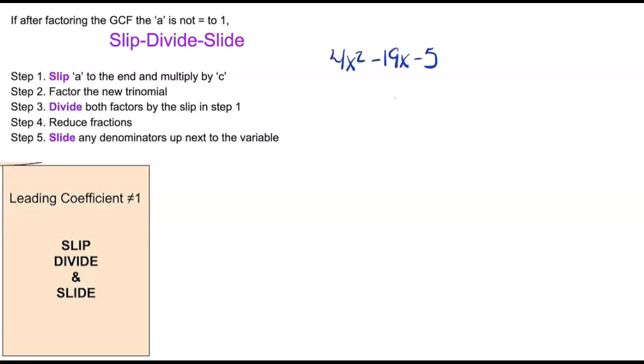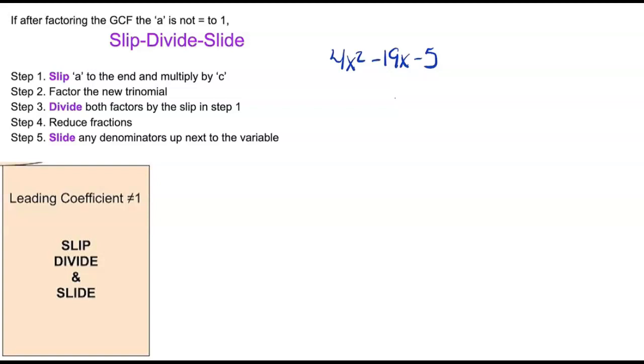Start with this trinomial. I have 4x squared minus 19x minus 5. The first thing I'd want to do is use GCF if at all possible, but I'm looking at a 4, a 19, and a 5. That's not going to have a factor that I can bring out to the front. Therefore, I'm looking at the first term, x squared, and the coefficient is 4, which is definitely not a 1. And I need to figure out how I can use this 4 to figure out our two binomials that we'll